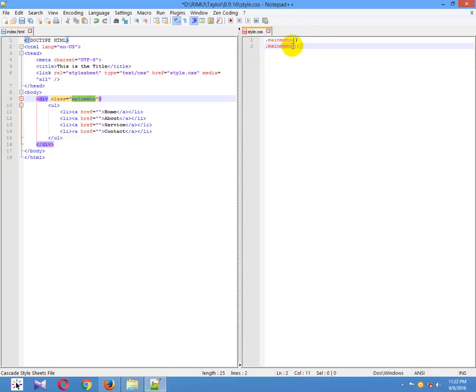and you duplicate the main menu class and type here ul, again duplicate this and type here li, and duplicate this and type here a, again duplicate this, type here hover. Okay,